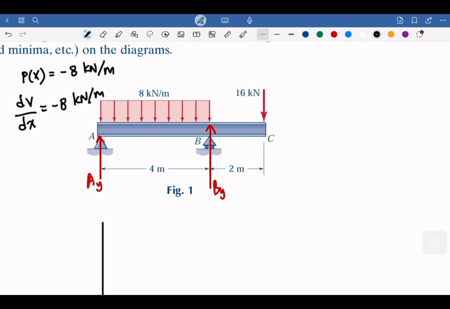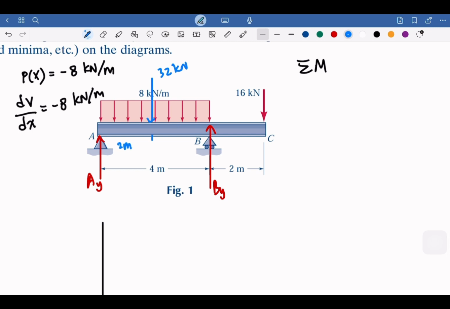If we turn this into V, we can see that this is going to be a linear equation, negative 8x, right? So first, we need to take the equilibrium to find the AY and BY. You can take the equilibrium, basically saying that we have a concentrated load of 32 kilonewton